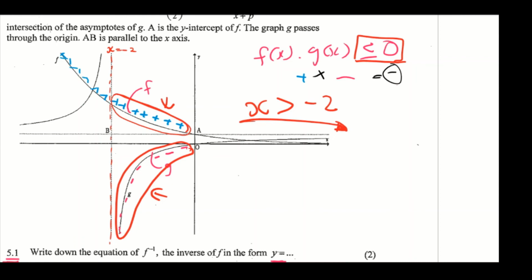Or someone can also look at it from this part of the graph, where this portion here for your g is actually positive. So your y values here are positive, going down like that, they are positive. And if we consider this portion of